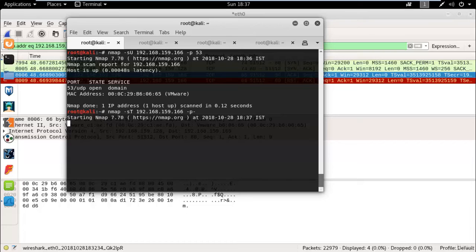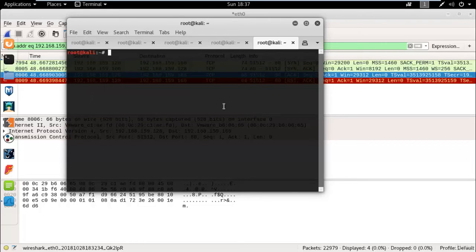So let me scan for a TCP connect. Nmap, use -sT, capital -Pn, and give the network information. It will scan for the TCP connect.